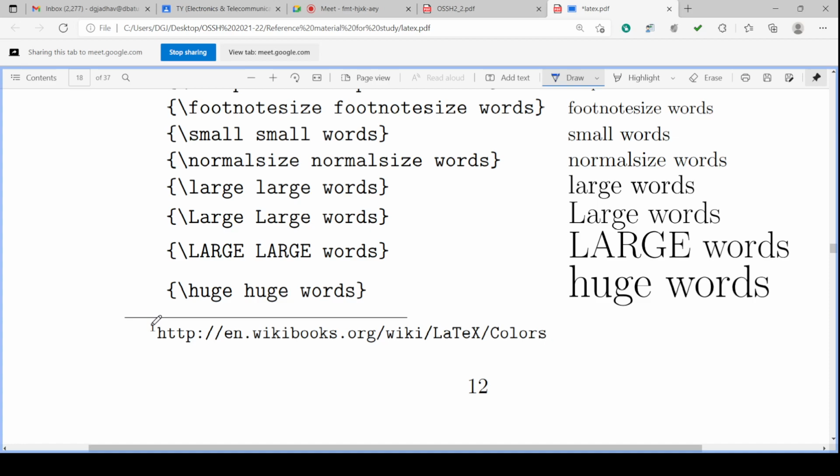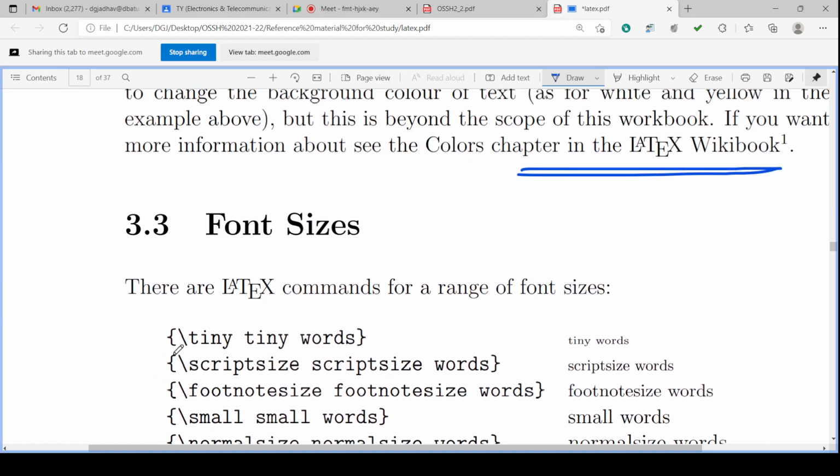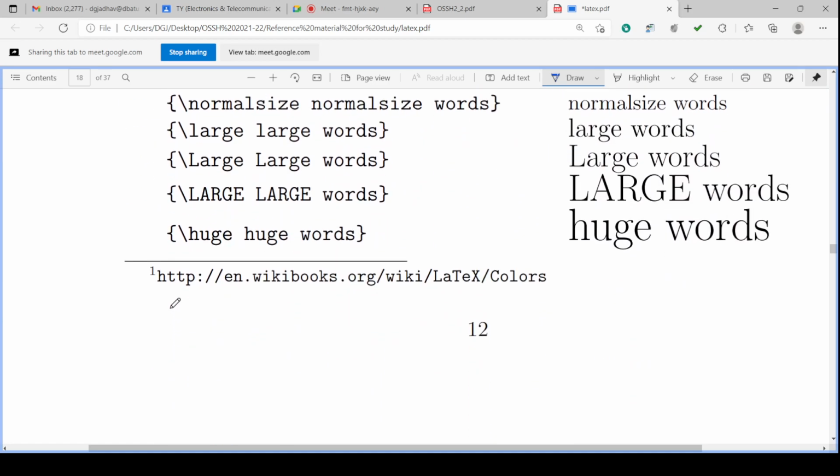It is a footnote. That is one, en.wikibooks.org/wiki/latex/color. This is a footnote. Here whatever sentence is written, it is called a footnote. A footnote is just to give more help in reading, more information. It is not part of this text, but it helps to understand the text more. So on some pages there may be a footnote, on some pages there may not be. If a footnote is there, it is written in a different